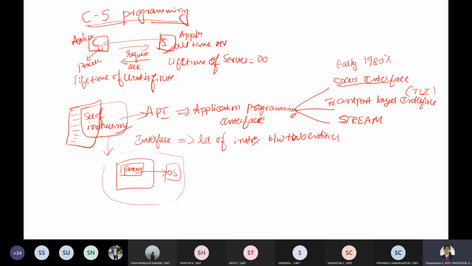What do we use the socket interface for? It allows us to use the set of instructions which are already designed in a particular programming language. Say, for example, C, C++, Java. There they have designed it for sources and sinks.